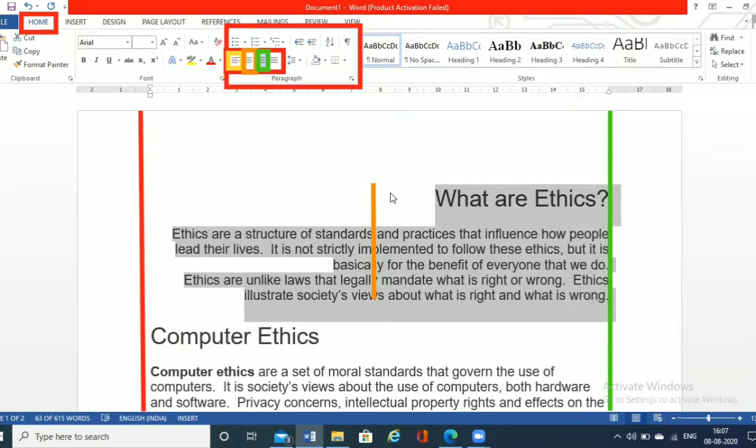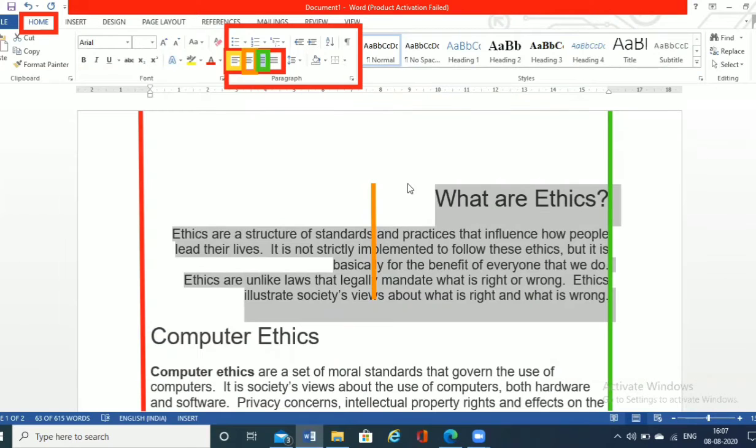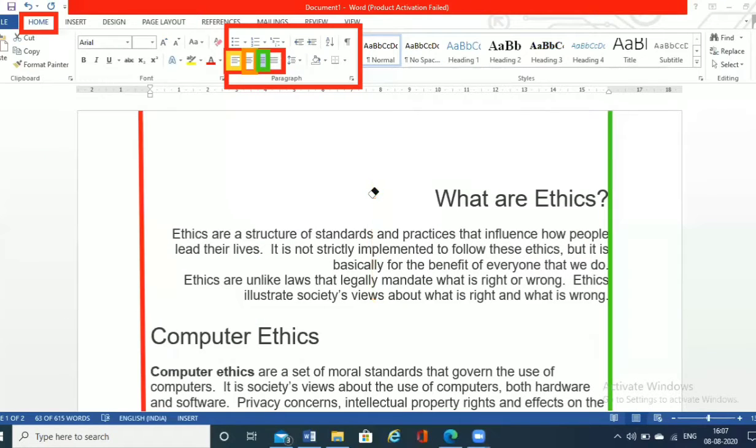Now moving forward, the last is the justify. Under justify, the text is evenly distributed between the left and the right edge of the page. We will see how. Here you can see this is the right alignment.